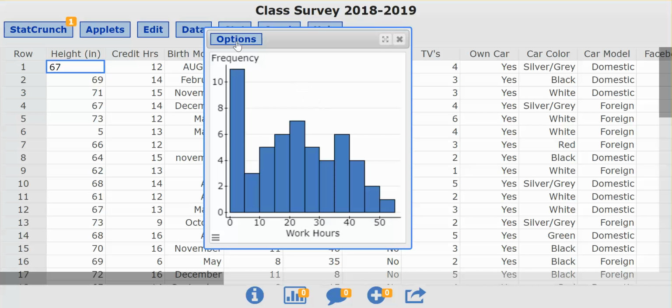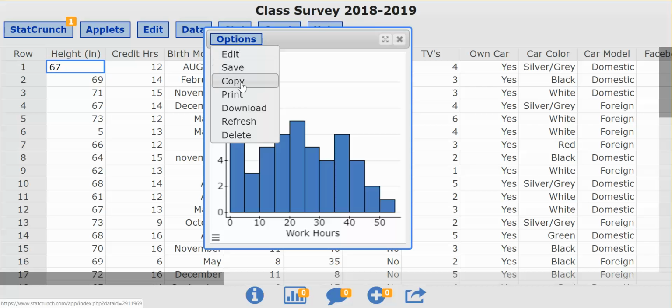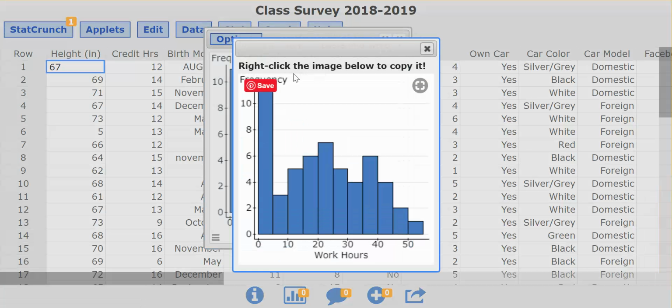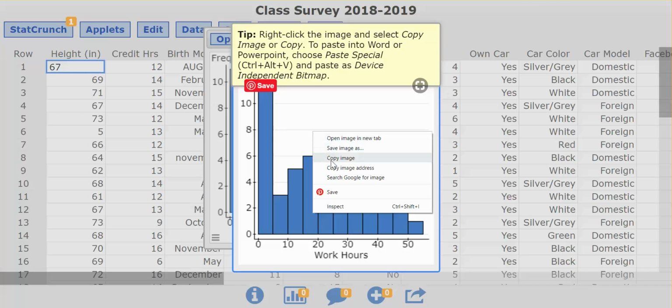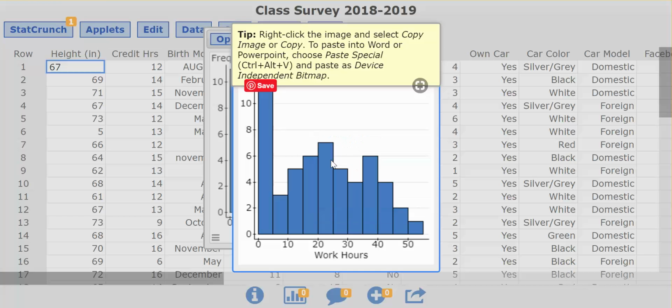So if I come up here to Options, I click Copy, you'll notice that I get this text box that appears, and it tells me that I can either right-click on this image. I could also hit Control C, but if I right-click on the image and select copy, then I can paste it into my Word document. So let's try that. I'm going to right-click on the image, click copy the image, and now I'm going